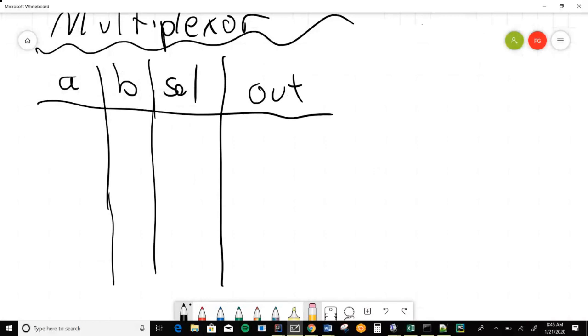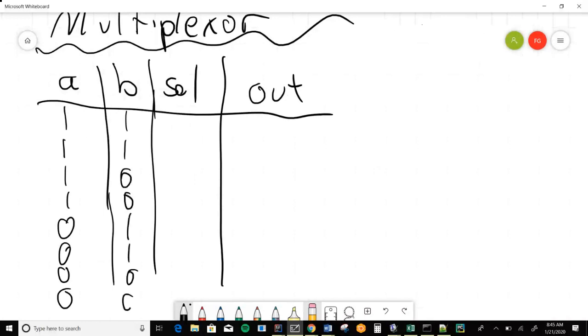Let me show you what I mean in terms of the truth table. So I'm going to do like 4 1s and 4 zeros for A. Why? Because I got 3 inputs now. Then I'll do 1 1 0 0, 1 1 0 0 there for B. And then my selector will be 1 0 1 0 1 0 1 0.